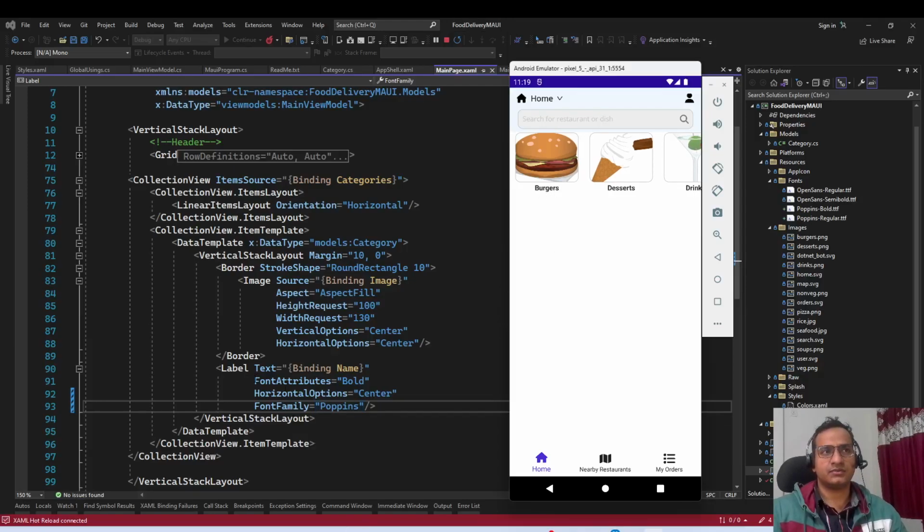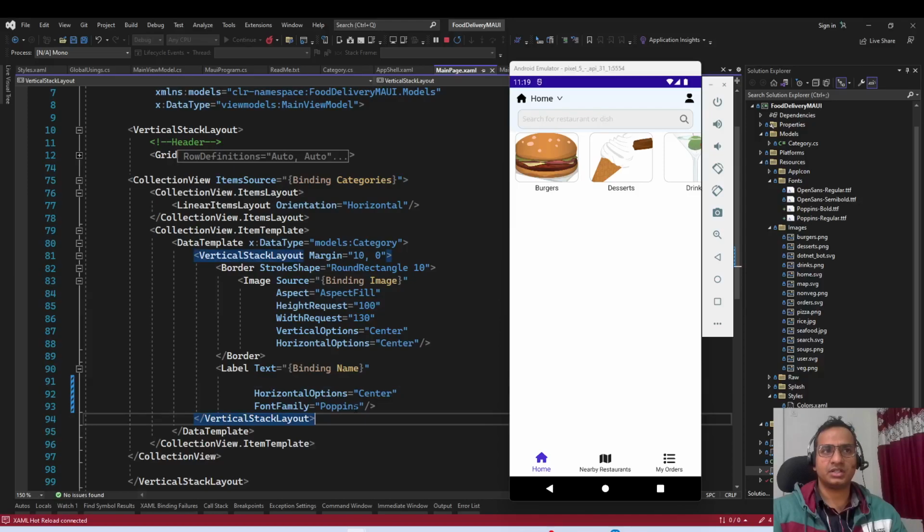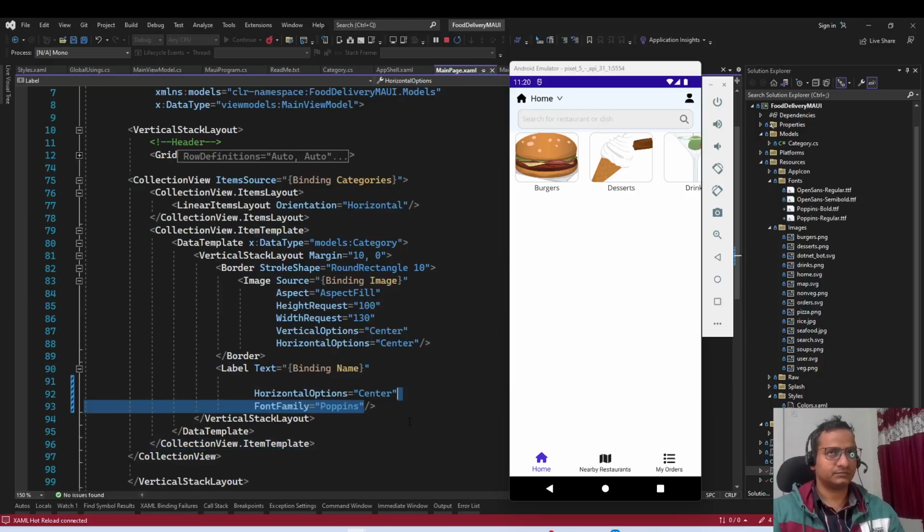So you see, if we remove this for now, we have burgers, and if we remove these properties, then it changes, right? You can see this. I've added this and it changed. Again, it changed, right? So this way we can use this, and we are going to use this font throughout